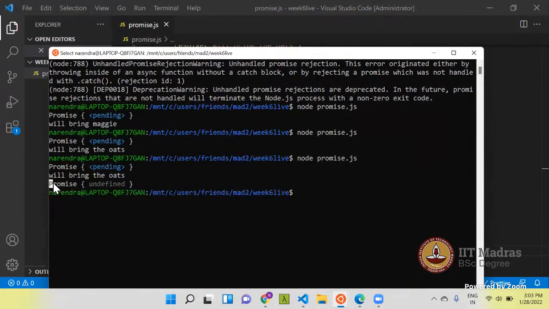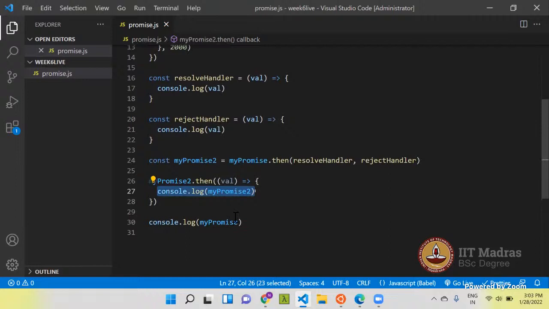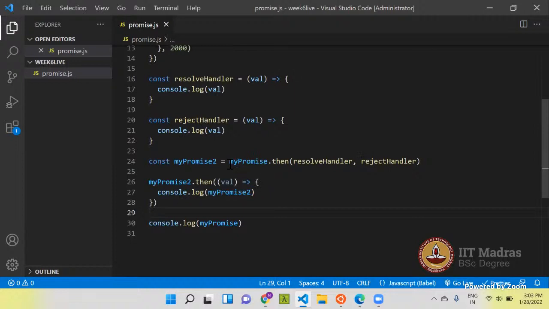This code prints a promise which resolves with undefined. Is there any confusion here? So my promise dot then also returns a promise which resolves with undefined.